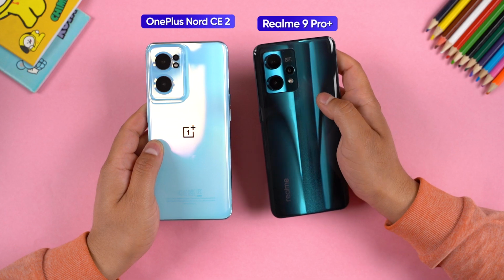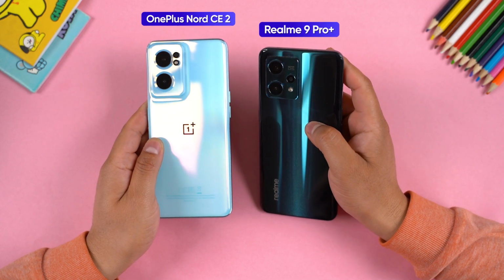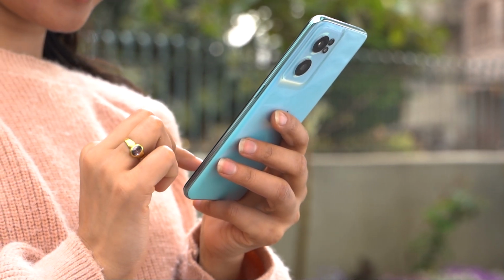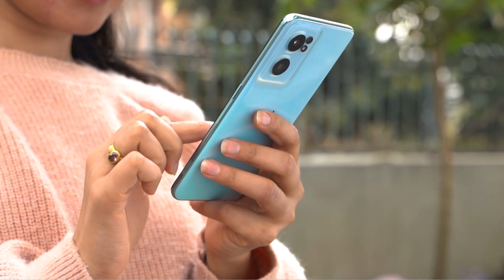OnePlus has achieved this impressive lightweight build partly thanks to the polycarbonate body and the plastic frames. However, the company could have struck a balance between premium build quality and lightweight design like the Realme 9 Pro Plus by providing a glass back here. To be honest, the glass sandwich build on the Realme 9 Pro Plus has quite a premium hands-on feel. And weirdly enough, I found the back of the Nord CE2 to be a bit hollow as well. I'm not sure if it's a manufacturing defect on my unit since I haven't seen any other reviewers complain about this. Regardless, the slim design feels quite ergonomic in the hands, while the slight curves at the back further aid